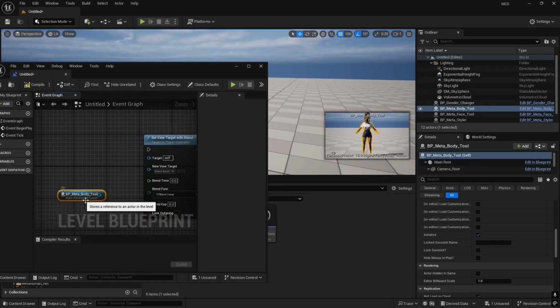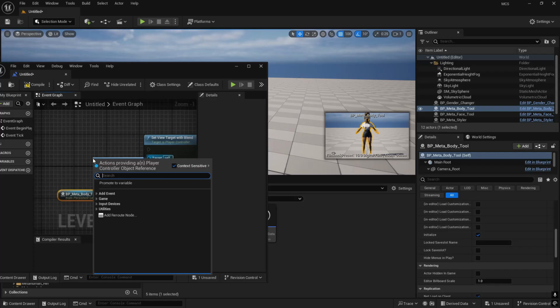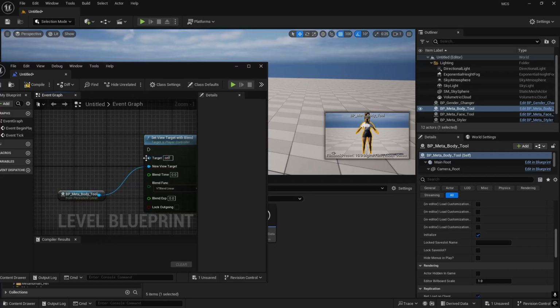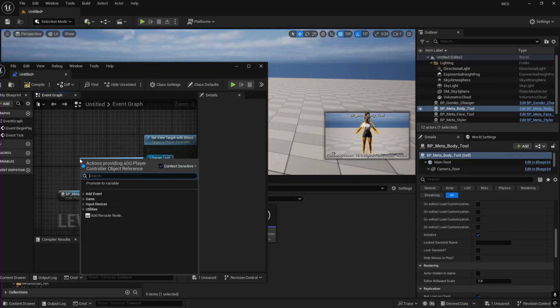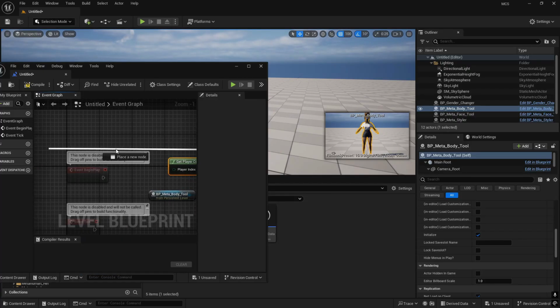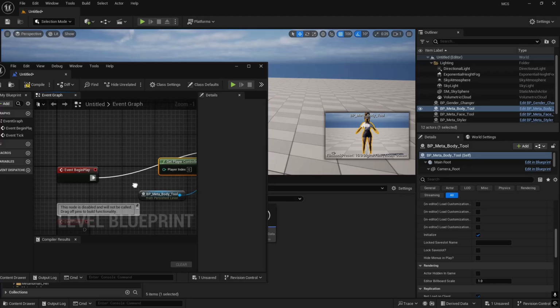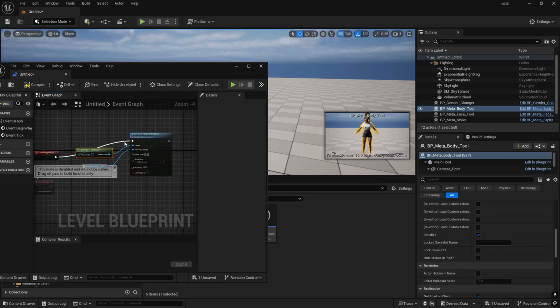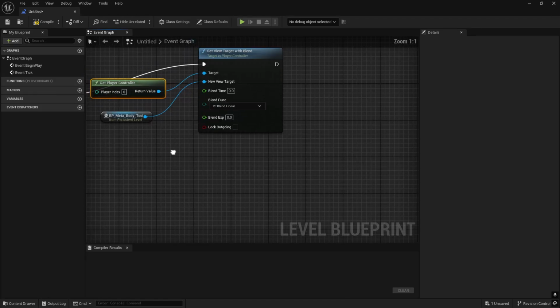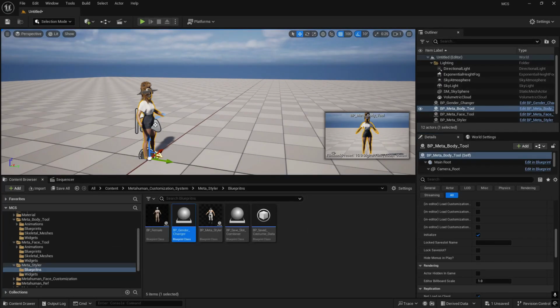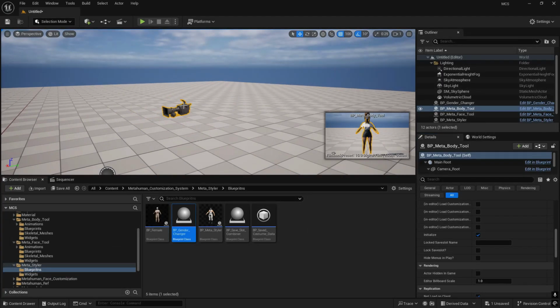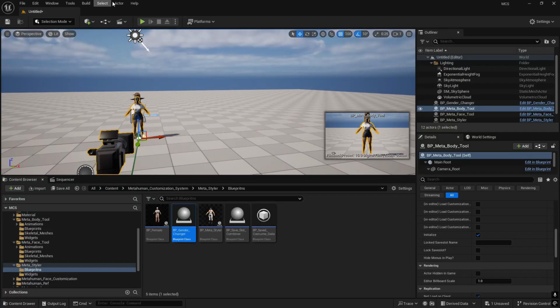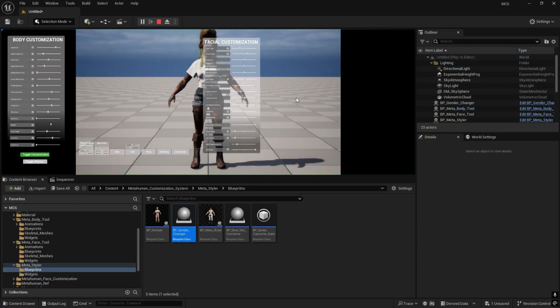Anyway, grab your BP meta body tool, connect it to the new target, to the new view target, and from the target, drag it out and type get player controller and connect that to the event begin play. Okay, so this is what it should look like. Okay, because we want to use the camera in the meta body tool, which is what views our customizable character. Now if we click on play,